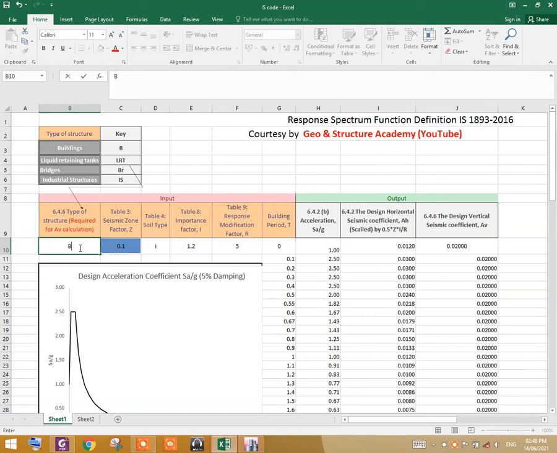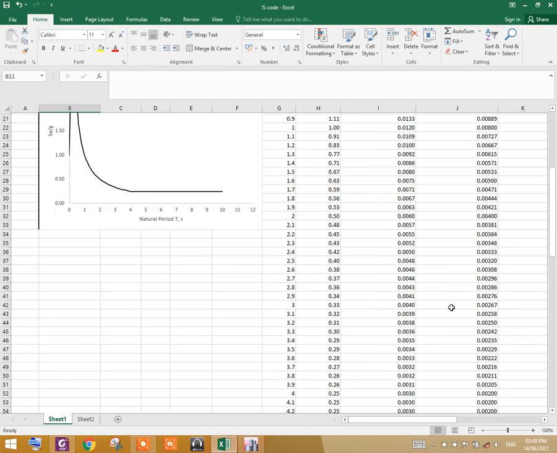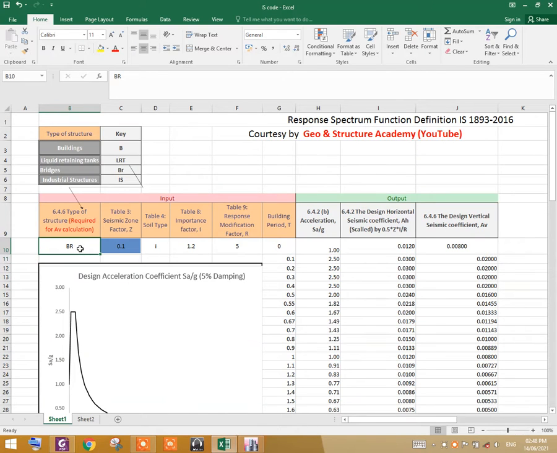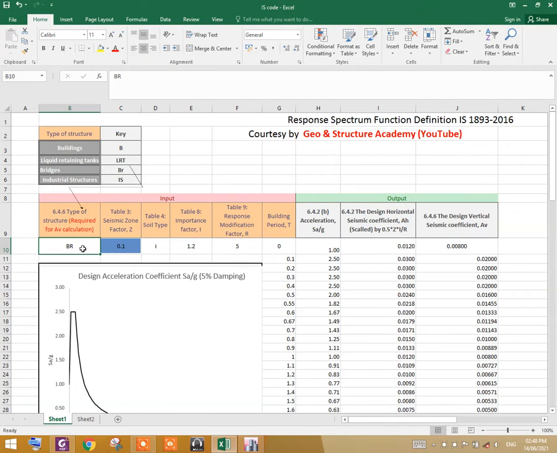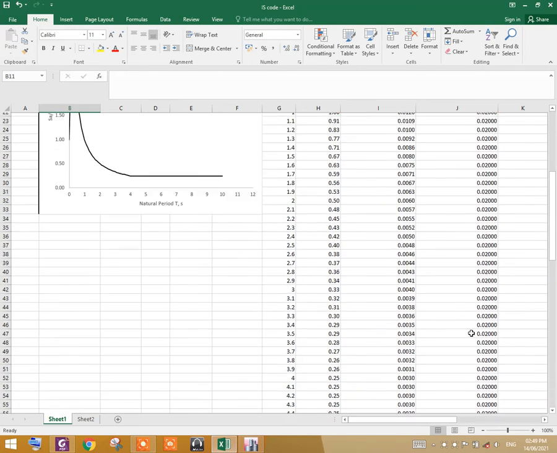You have to input here B. For bridge, you have to input here BR. If you input here BR, the value will be automatically changed here. If you input here LRT, that is the liquid retaining tanks, the value will be changed here.